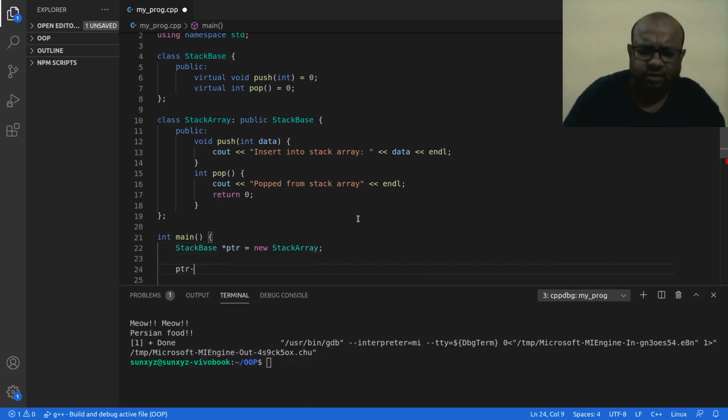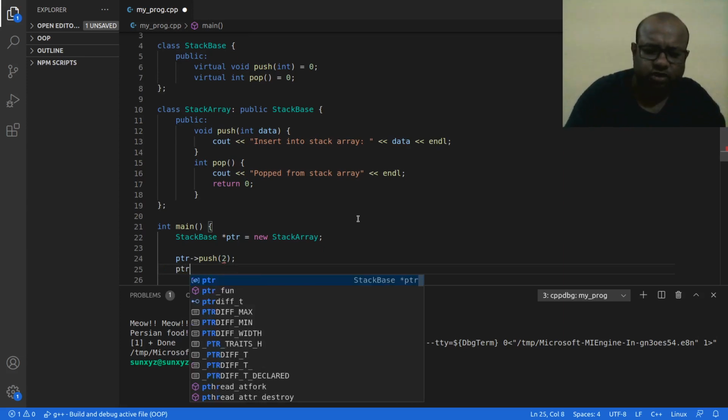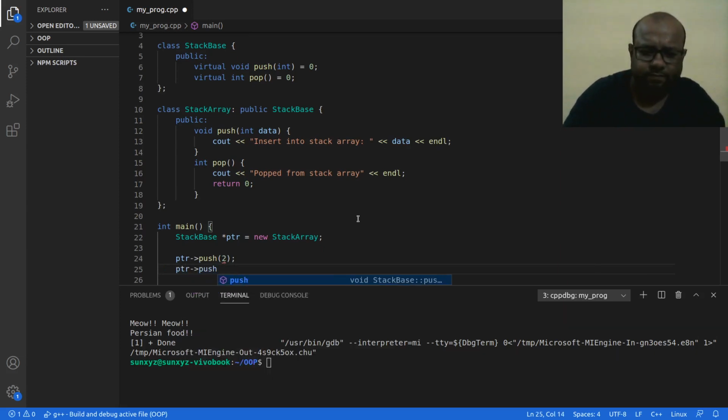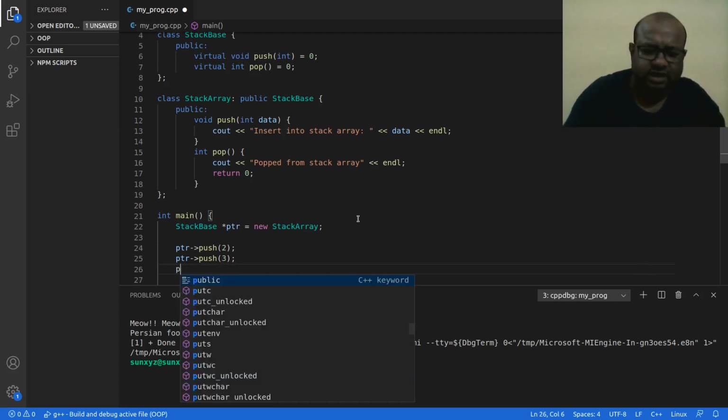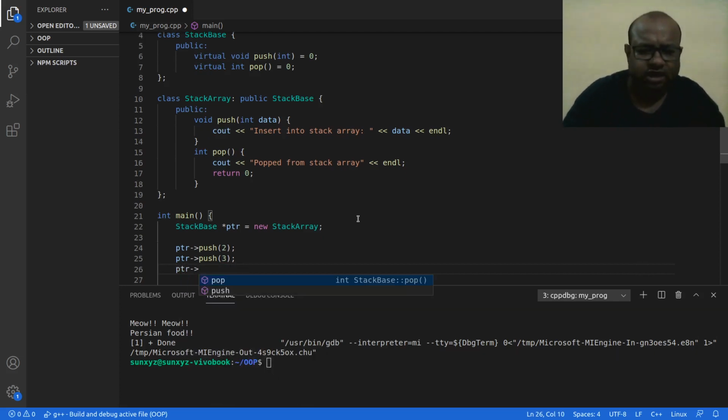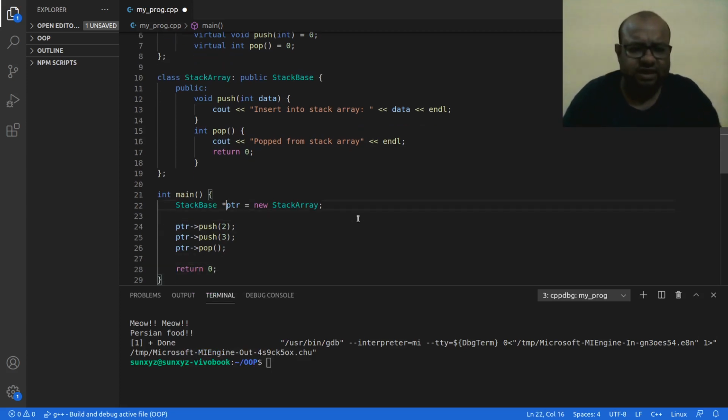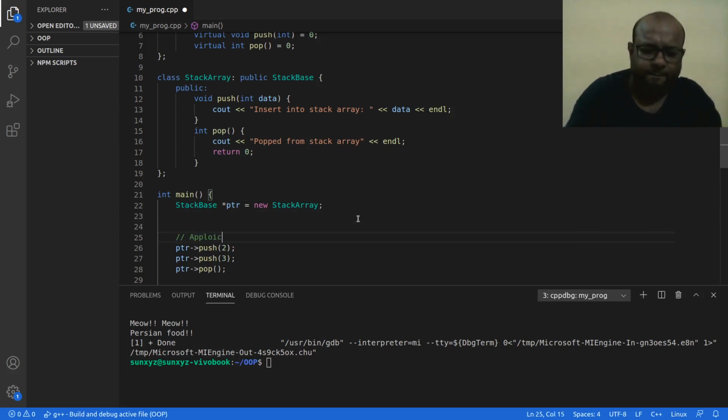Using this pointer I am going to push say 2, then using this pointer I push 3, and then using this pointer I pop something. So this is my application logic, right?